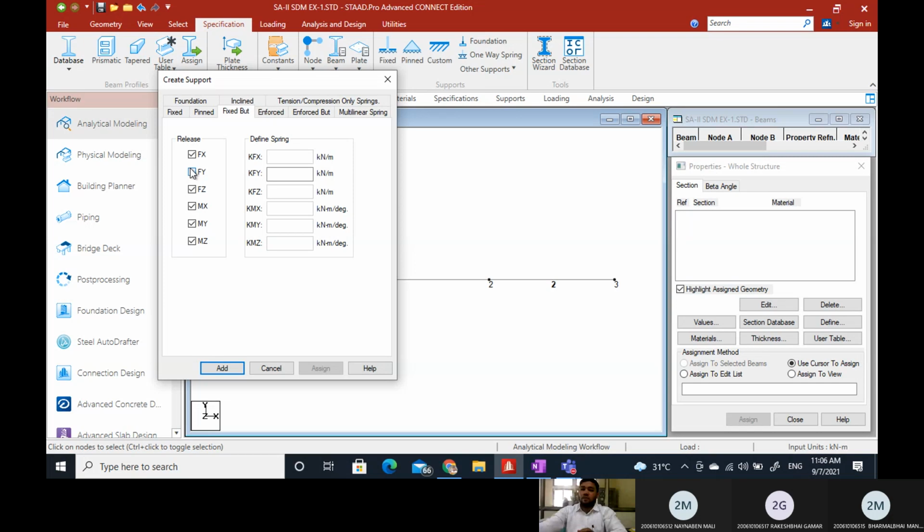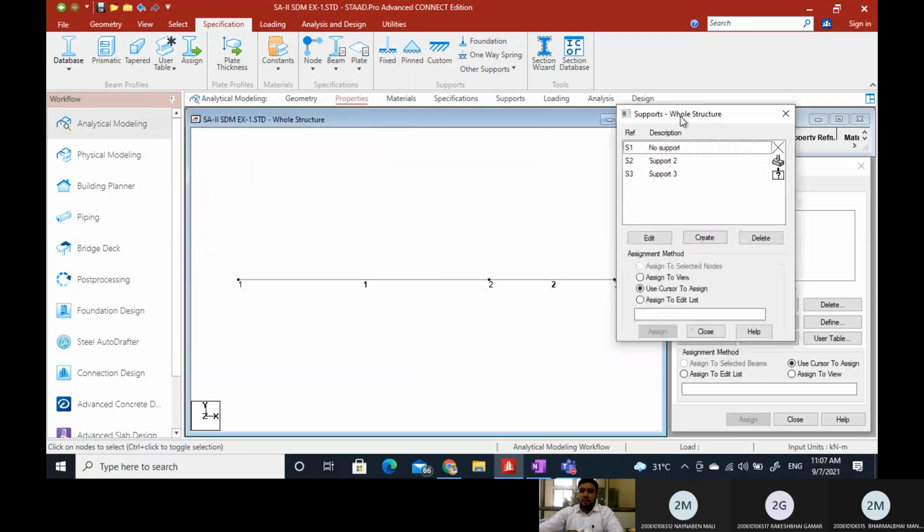So they are released. It is free to move in x direction, free to move in z direction, and free to rotate about x axis, y axis, and z axis. Only it will provide reaction in y direction. Okay. So add this.